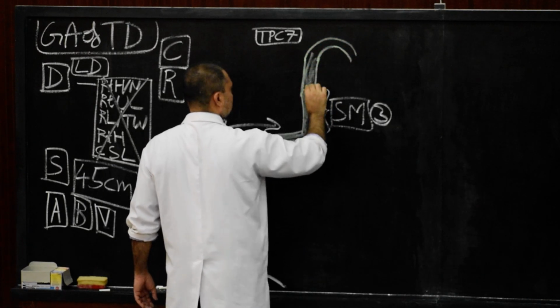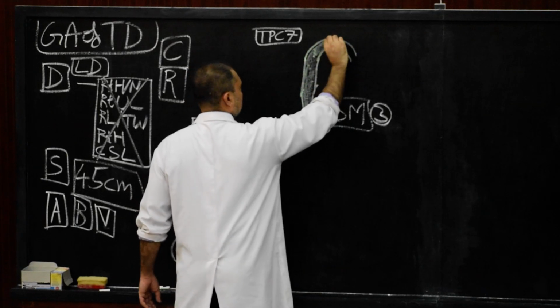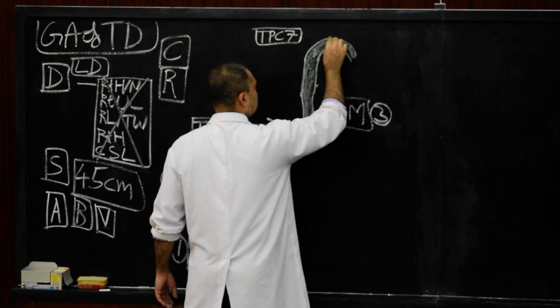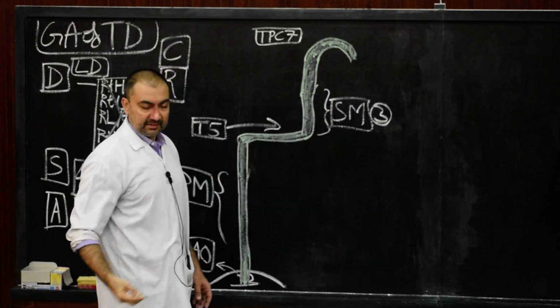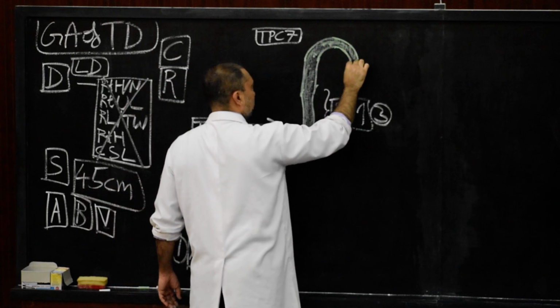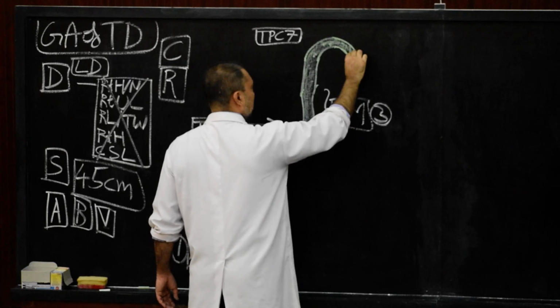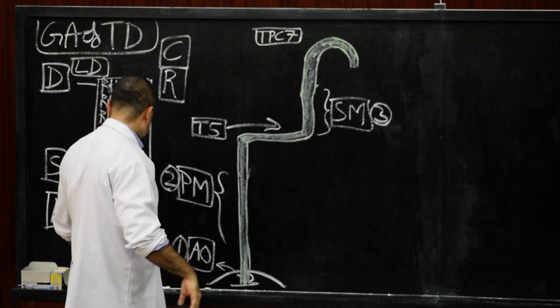So it will produce an arch laterally at the level of transverse process of C7. And as it produces an arch laterally, it will then open downwards and forwards. It will open downwards as well as forwards. And where will it open? It will open in the junction of left internal jugular vein and left subclavian vein.